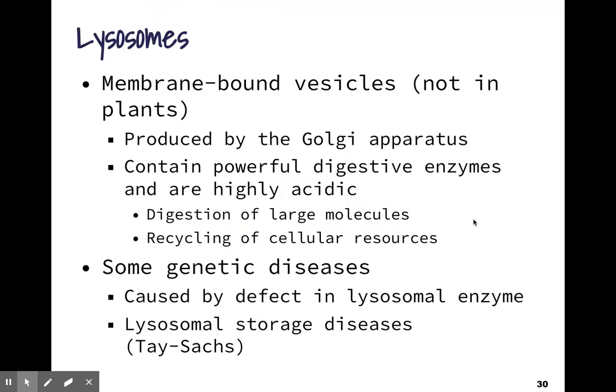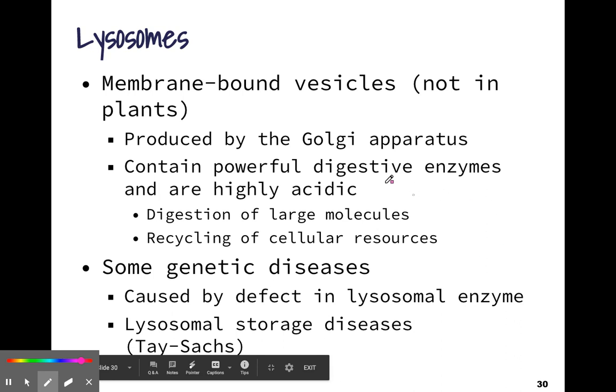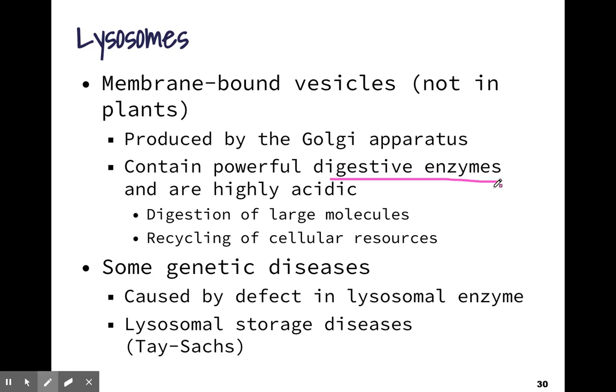All right, working on its own is the lysosome. The lysosome is a membrane-bound vesicle, which is not found in plants. Okay, so lysosomes are not found in plants. Lysosomes are produced by the Golgi, and they contain powerful digestive enzymes and are highly acidic. If they're highly acidic, that means that they have a pH that is less than 7, right? So less than. And what the lysosomes do is they help to digest large molecules, and they help to recycle